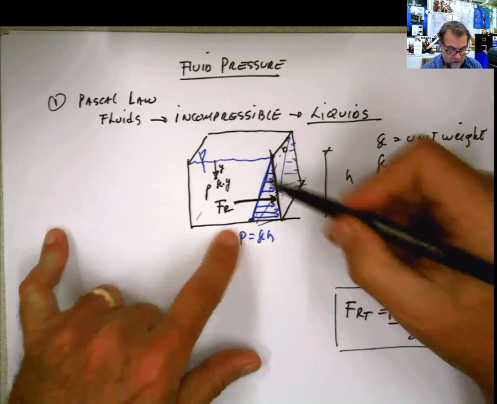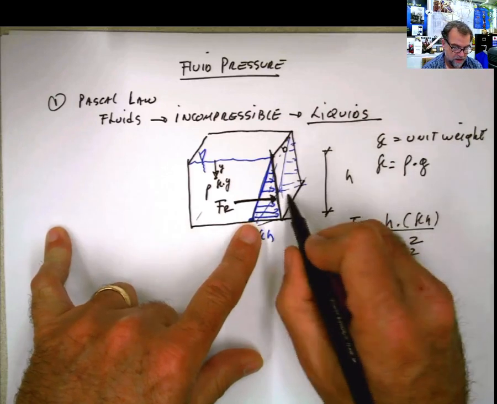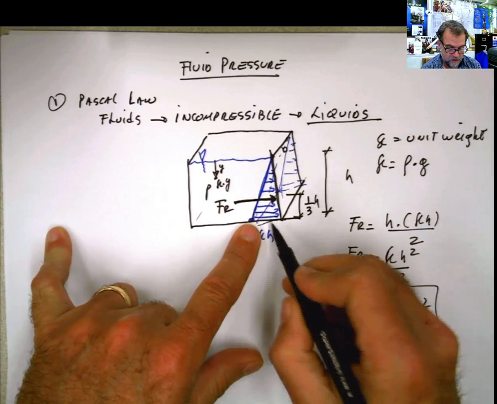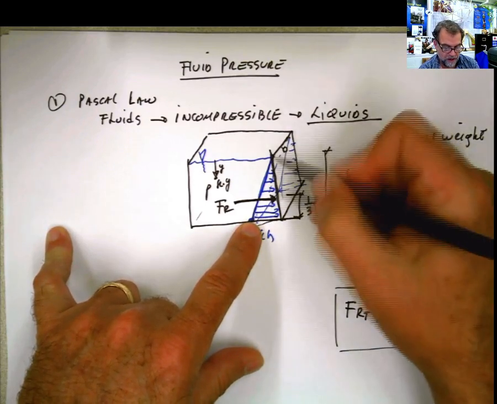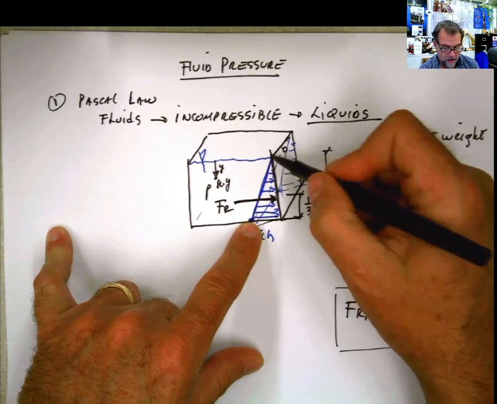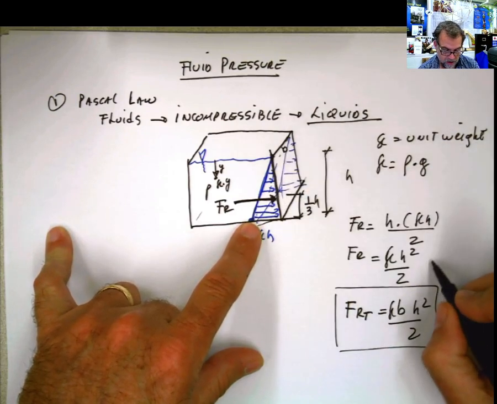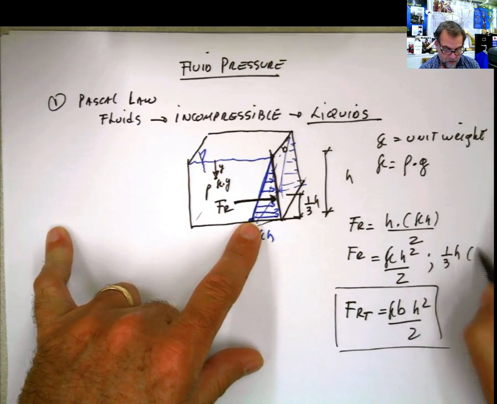Now if we are talking about areas and just this phase, what is the resultant force applied? Remember, this is a triangle, so it's going to be 1/3 of H measured from the right angle, or 2/3 of H measured from the acute angle. So the location of the resultant force is going to be 1/3 of H from the bottom,